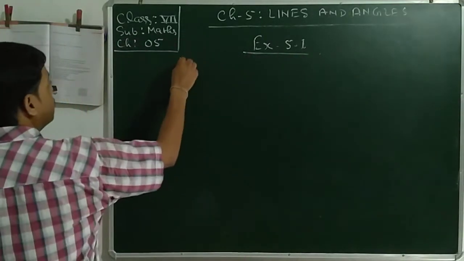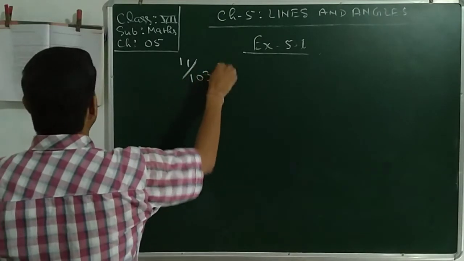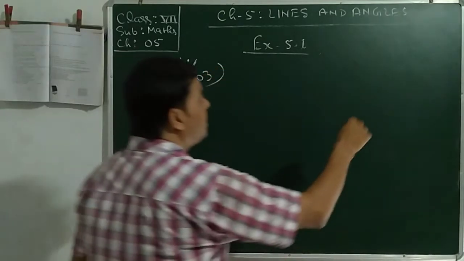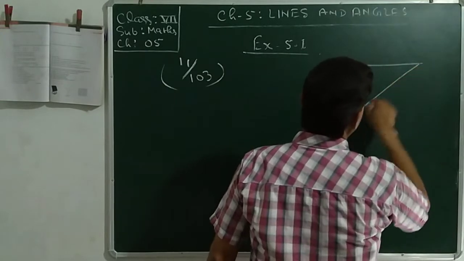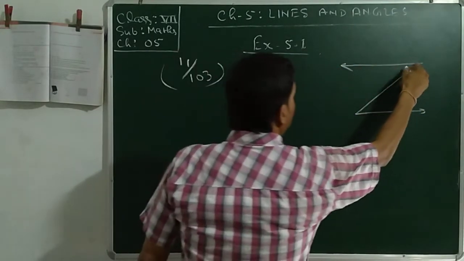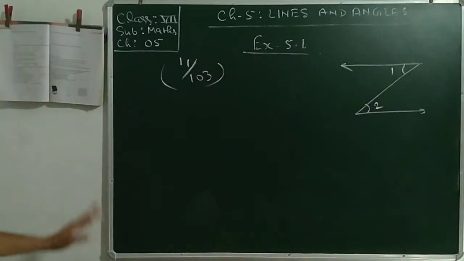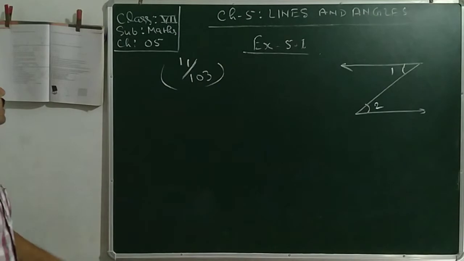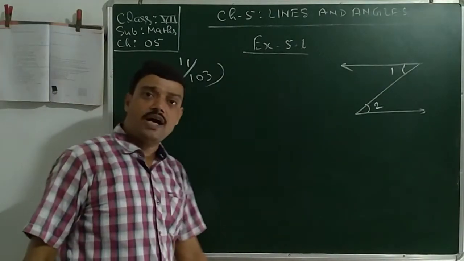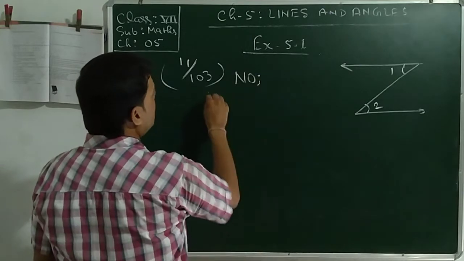In the 11th, from page number 103, one figure is given like this. It looks like Z, and angle 1 is there and angle 2 is here. You are asked, in the following figure, is angle 1 adjacent to angle 2? We will write no, because